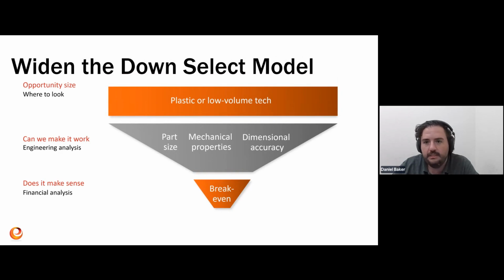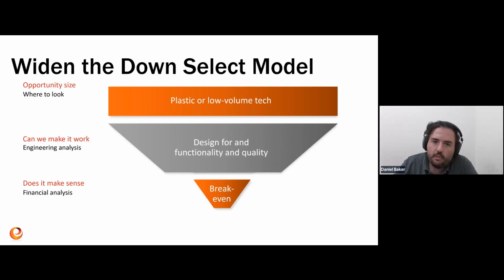And so the question is, as we look at changing our mindsets, as you engage in this process, how can you widen that down select criteria, incorporating not only the benefits of AM on design, assembly features, assembly reduction, but also can you get more function out of your end use part? So starting to widen that funnel allows you to think earlier in the process,